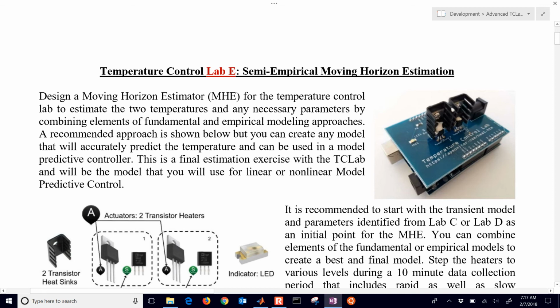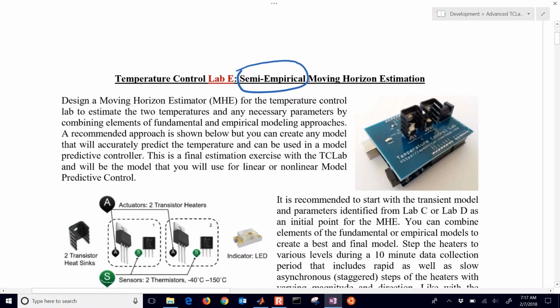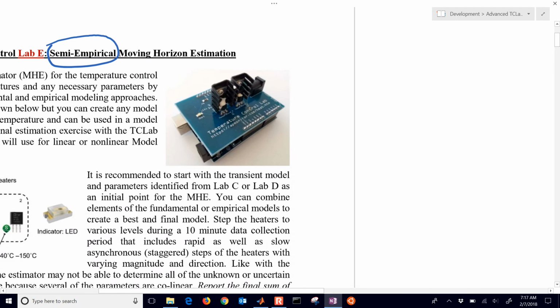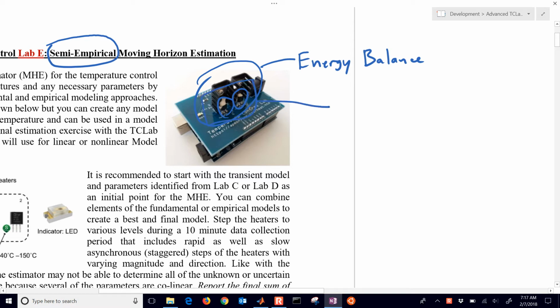We're going to walk through how to do a semi-empirical model with moving horizon estimation. So when we talk about semi-empirical modeling, we're going to be combining elements of something like a first principles energy balance. That might be our first one that we use, an energy balance from fundamentals, conservation of energy. But then there might be elements of this model as well that we're going to use an empirical or black box